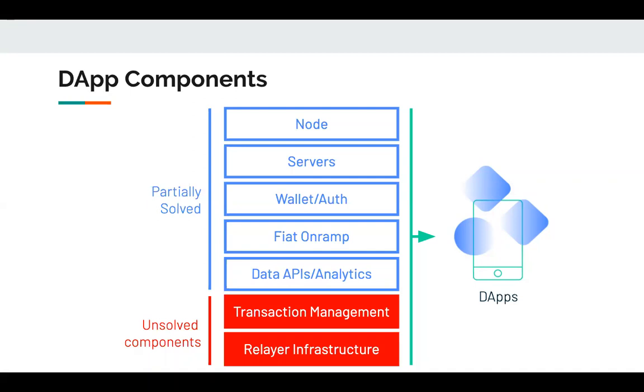You have both the options. So we got the node covered, we got the servers. Now